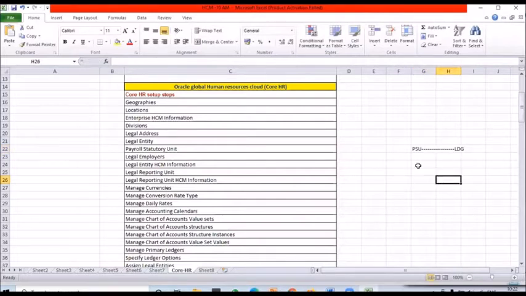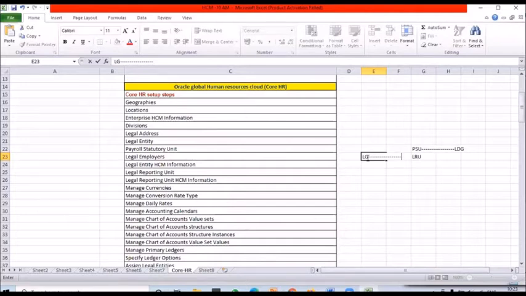And after that we have the LRU, the legal reporting unit. When I create the legal entity, based on the legal address, the address you use to create the legal entity, the system generates one LRU, legal reporting unit.